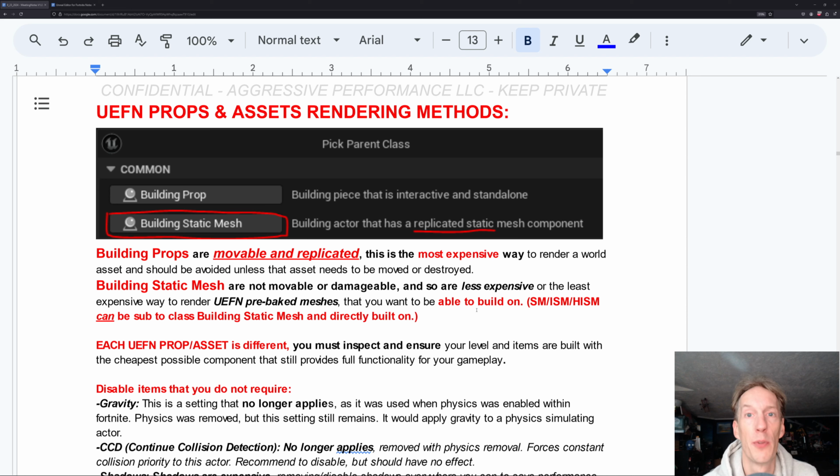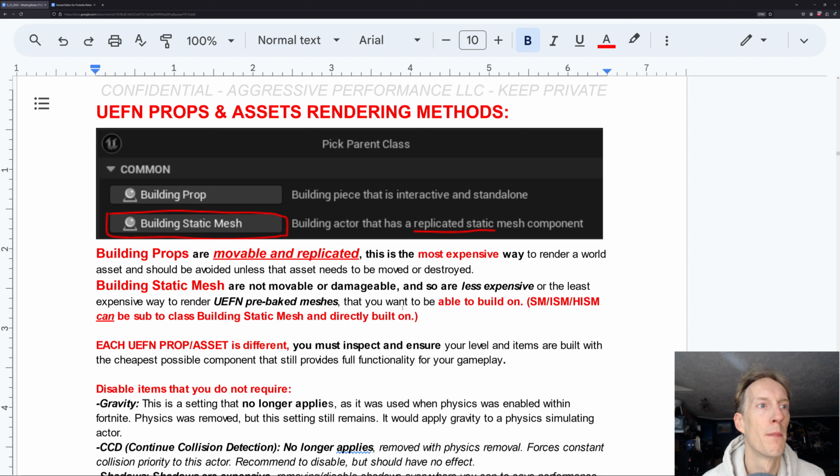They also are buildable on. So you can make an actor with a static mesh component, like I was talking about earlier, and then make it a subclass of the building static mesh so it can be built on. And that is cheaper than the default class as well. At least, there's a little bit of vagueness here when you go to start building on the stuff. You can make a cheap class that you can't interact with but will still be buildable on by making sure it's part of a